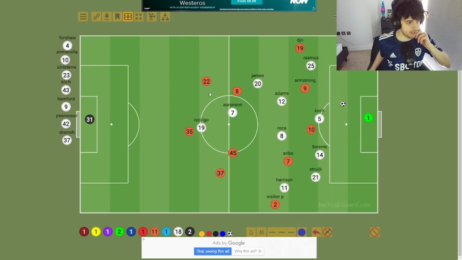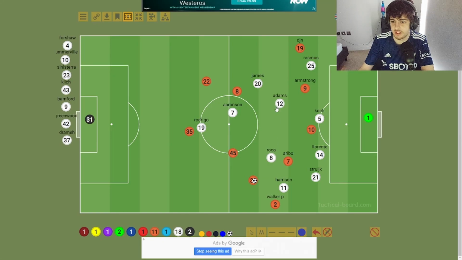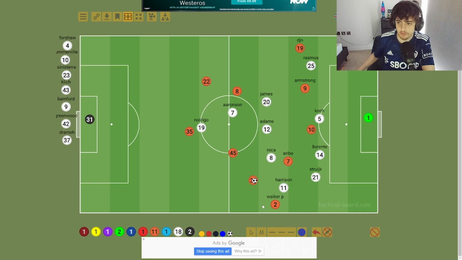On the 65th minute, this is where they had the good chance from Walker Peters, where Harrison cleared, sorry. And this happened here. So this is their centre-back with the ball. He's got the ball up here. He's carrying it. No one can really engage him. Brock is thinking about it. Adams is in here thinking about it. James is in here. And just look at that.